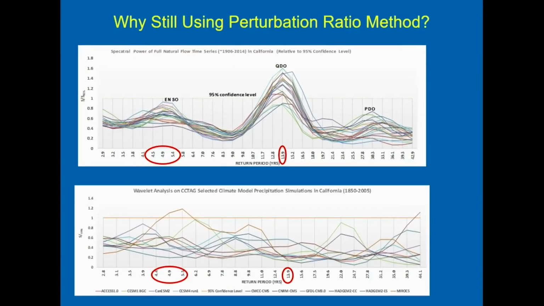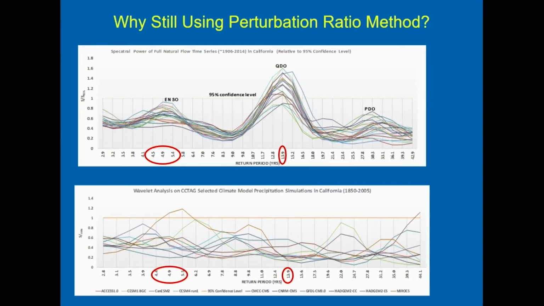And why are we still using the perturbation ratio? Somebody asked me why not put GCM generated precipitation, temperature, or inflow data into the CWEMF model? Because right now we have an issue with the inter-annual variability simulated by GCM models. We cannot use that inter-annual variability simulated by GCM. You can see, I did some spectral wavelet analysis